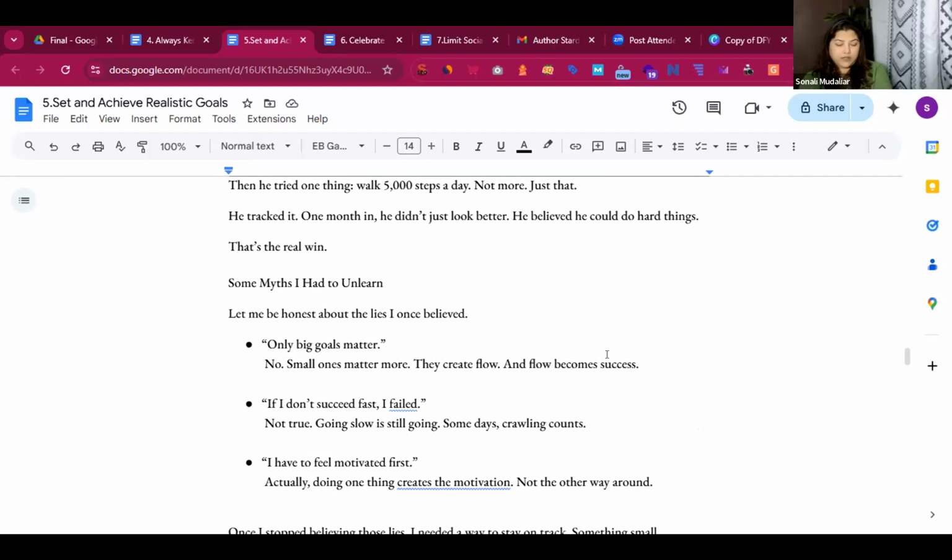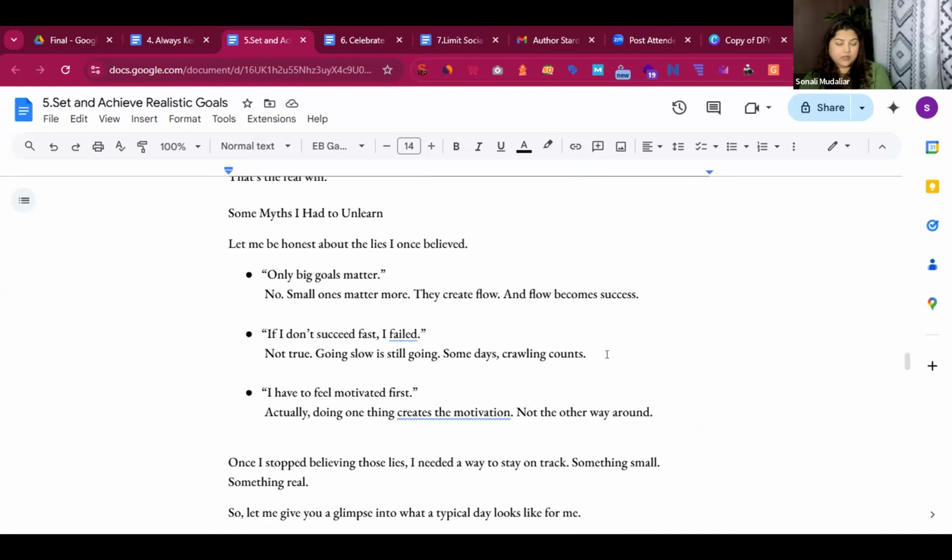Just try to humanize these three things. Only big goals matter. Write it in your own words. You know the sentence, only big goals matter? No, small ones matter more, they create flow and the flow becomes success. In simpler words, if I have to write it, I will say, there is a proverb or phrase in English that says you cannot eat an elephant in one go.